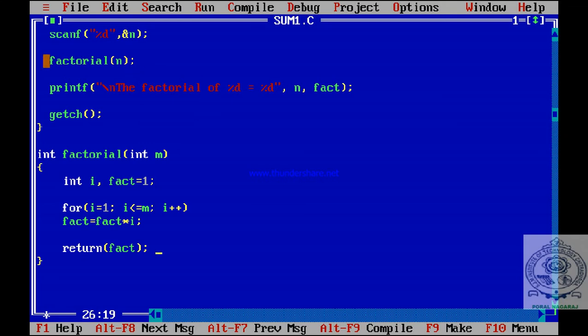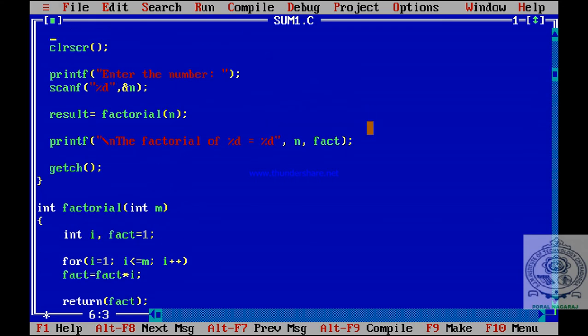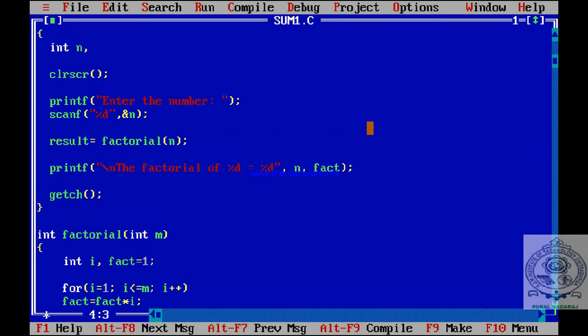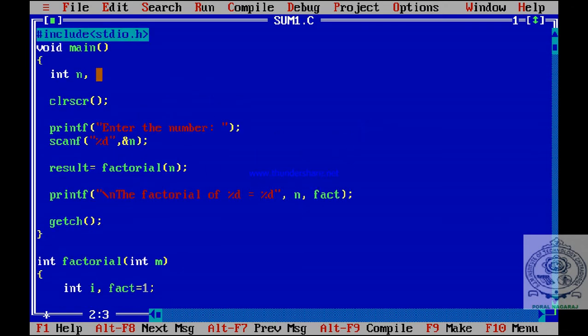Where does it come? Here you are reading the factorial. So the computed value, suppose n value is 5, 120 comes back here. Where should it be stored? That's why you have to take one variable here, you take one variable result. Result is assigned a value factorial, means 120 comes back, and that should be stored in one memory location called result. Result is the new variable, new symbol, so that has to be declared. You have to declare the result and terminate it by semicolon.